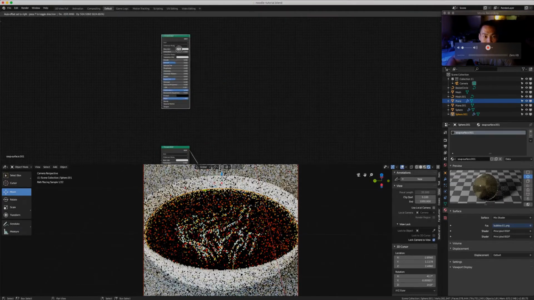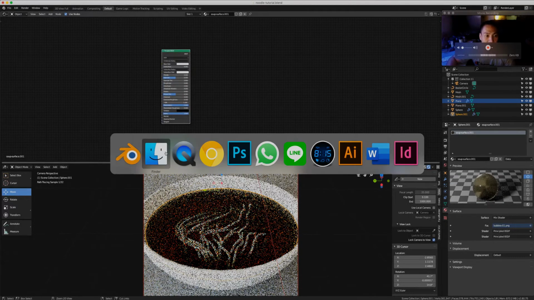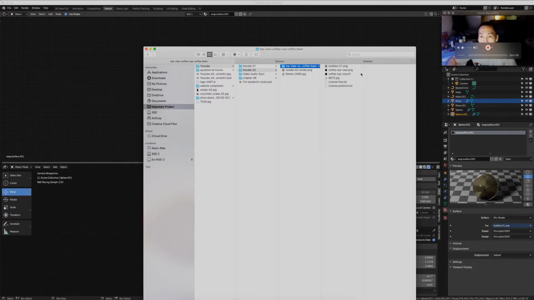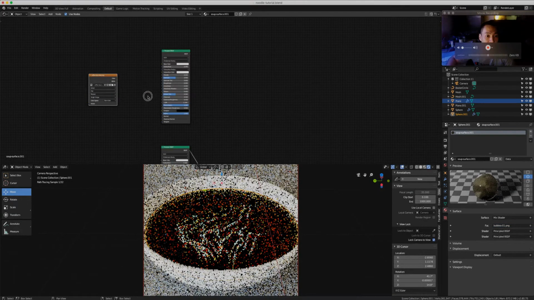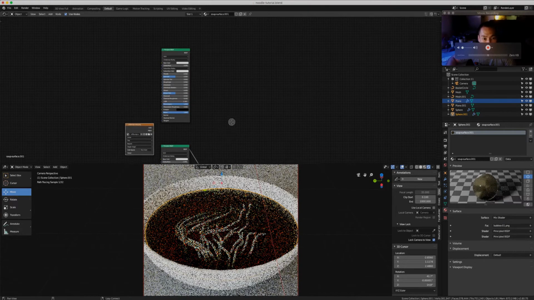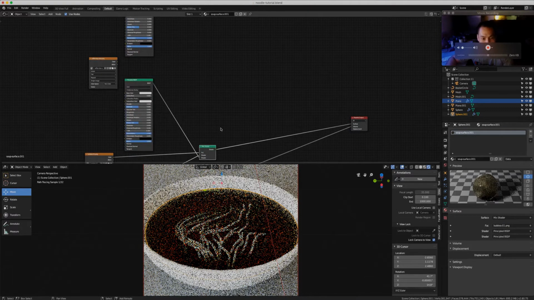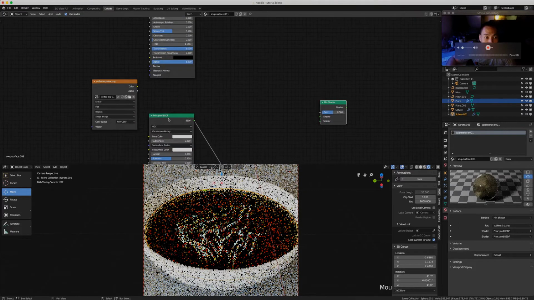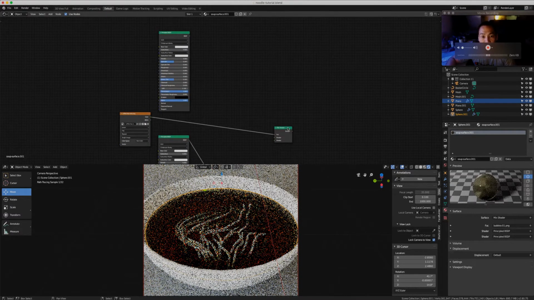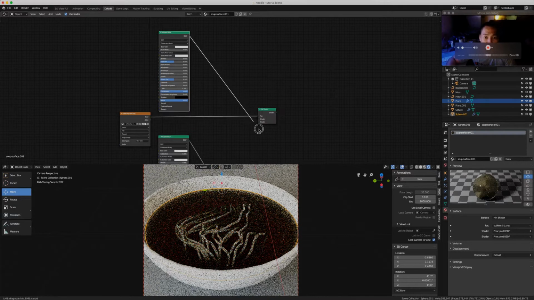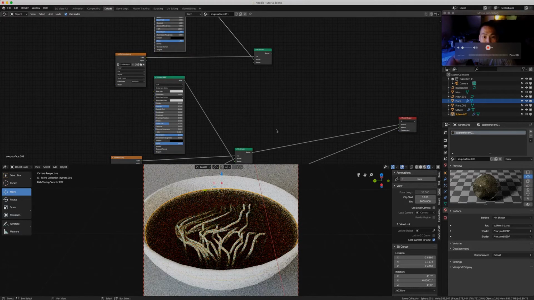Okay, so now you can see it, and then we put this guy in, and then duplicate the mix shader, plug in this one to the factor, and then the top one to the top, and then